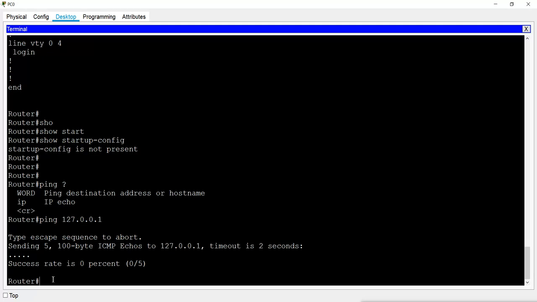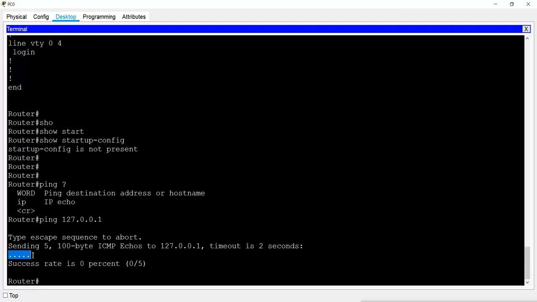And when you get the reply, you will see the exclamation sign. So when you get the reply, you will see it like this, the exclamation sign. If you get the exclamation sign here, that means you are getting the reply, and if you are getting the dot, that means you are not getting the reply.